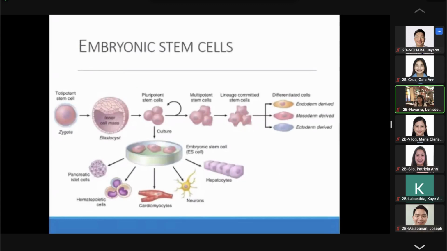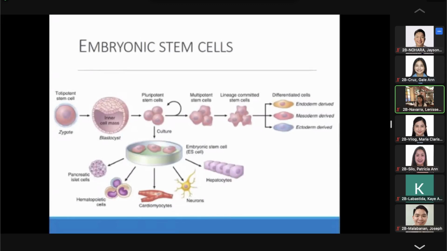So embryonic stem cells are the most undifferentiated, and they are seen in the inner cell mass of blastocysts. They have limitless cell renewal capacity and can give rise to every cell in the body. Totipotent cells give rise to all cells of the body, including extraembryonic and placental cells. Pluripotent cells also give rise to all cells of the body. Multipotent cells give rise to more than one cell type, but are more limited.